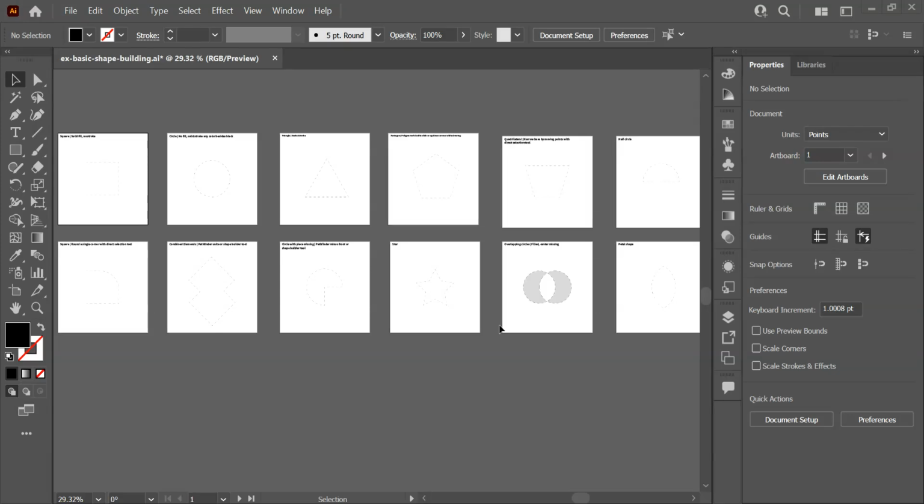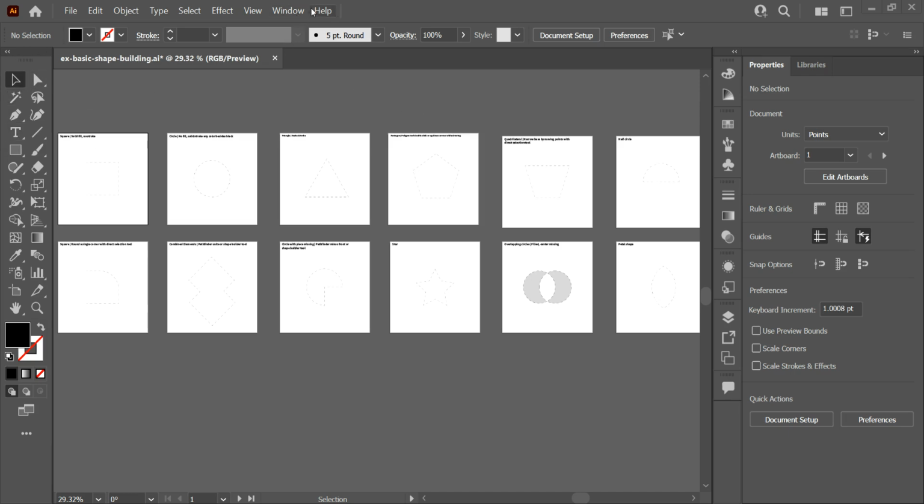This video is going to be a quick demonstration of our first exercise on basic shape building and an introduction to Adobe Illustrator. So when you download the exercise file and open it up, you should be looking at a screen similar to this. My UI is really big here because I'm hoping it makes it easier for you to see. But if it doesn't look like this, or if you ever end up in a space where you've lost